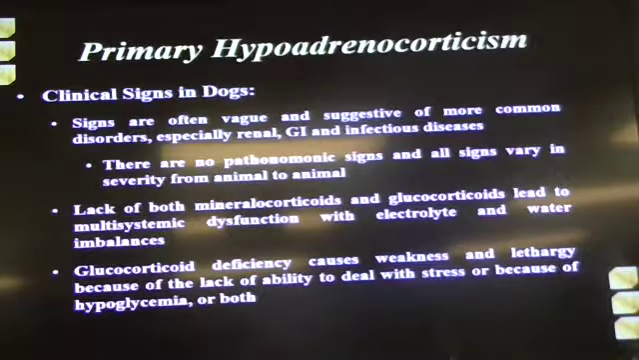Okay, clinical signs in dogs are often vague and suggestive of more common disorders, such as renal failure, GI tract or infectious diseases. There are no pathognomonic signs, but the signs will vary in severity from animal to animal. In other words, can other things give you hypovolemic shock and stuff like that? But a lack of both mineralocorticoids and glucocorticoids can cause all kinds of